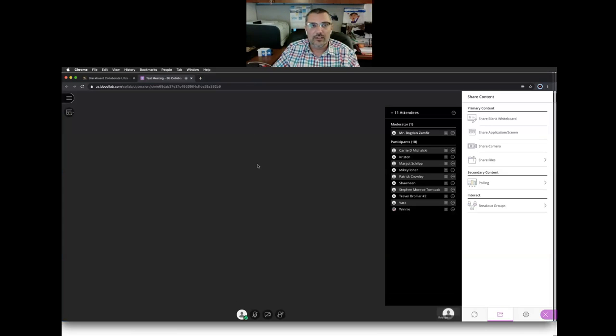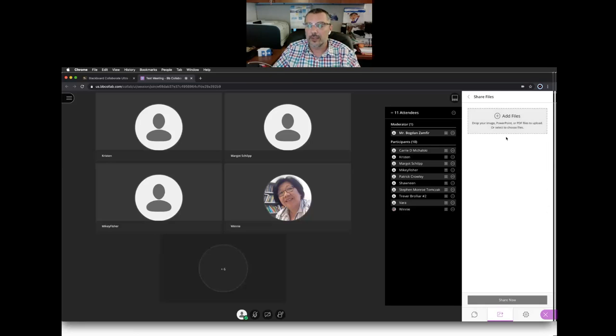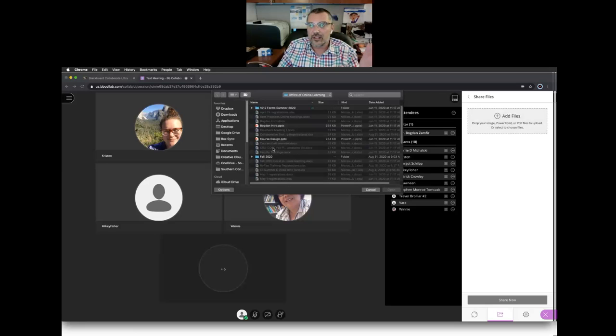I'm going to close that. If I close that tab, it automatically stops sharing, or I could have gone back and stopped sharing it. You have the ability to share different cameras. If you have a different camera attached to your computer that you'd like to share the picture from, you can click on the share camera. This share files button is pretty powerful. So if you have PowerPoint files or PDF files that don't have animations, transitions, video or sound in them, you have the ability to add a file and then share it